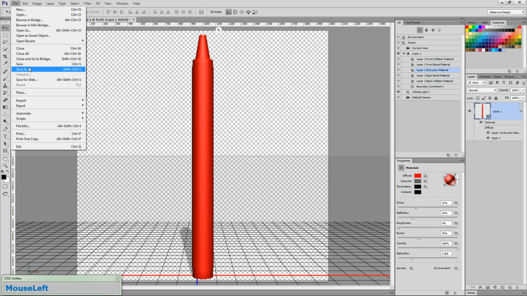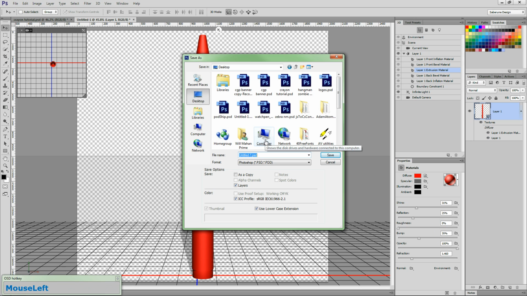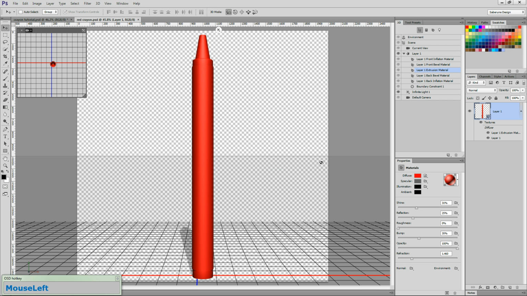Go to File, Save As, choose a destination folder, and name this Red Crayon. And click Save. And that's got our base started. Now we need to start creating and adding maps to manipulate the various effects, but let's get a background layer